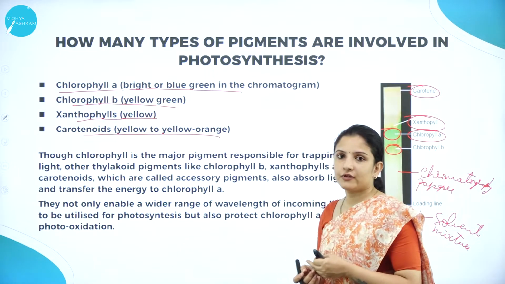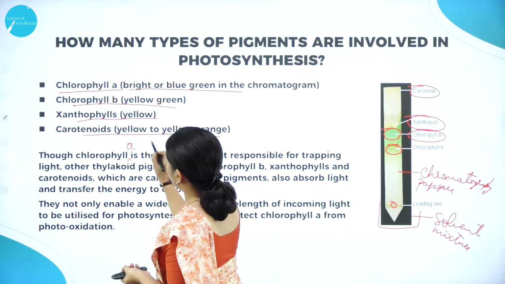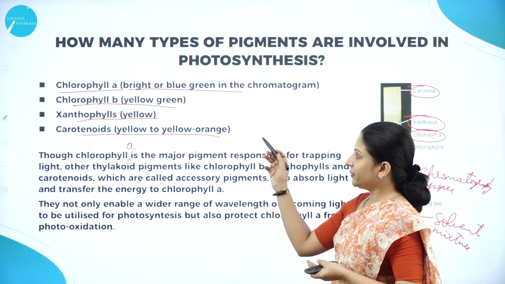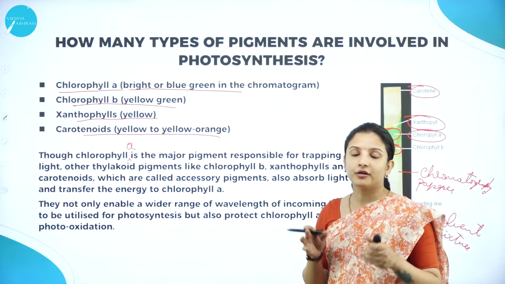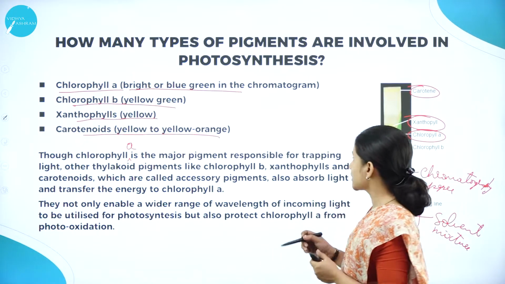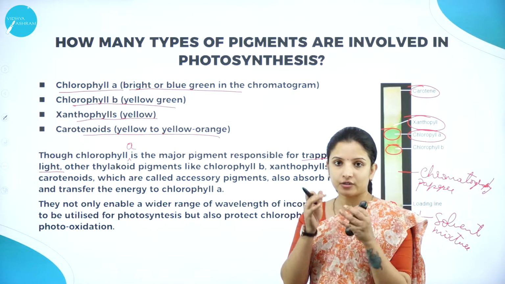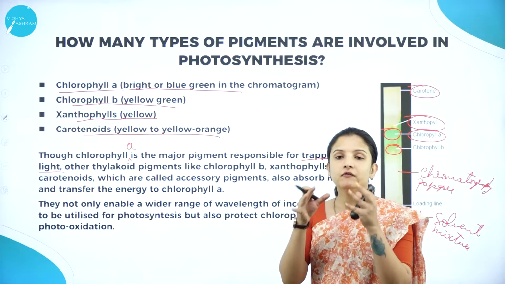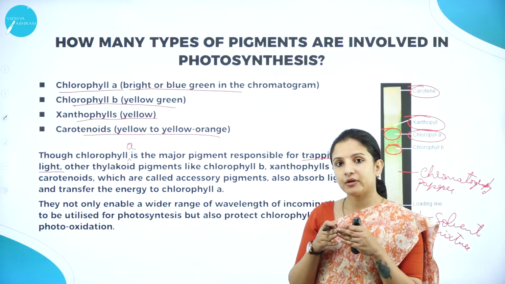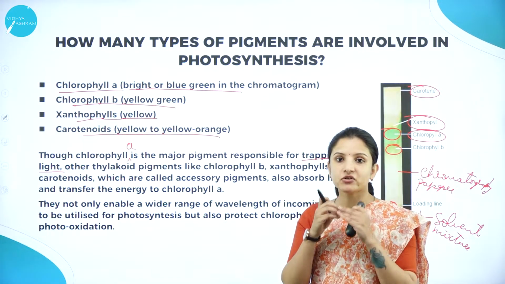So now, though chlorophyll is one of the major pigments, among all these, chlorophyll A is the major pigment. All the others, that is chlorophyll B, the xanthophylls and carotenoids, are called accessory pigments. Chlorophyll A is the major pigment and its main function is to trap the light. Whatever sunlight is falling on the plant or the green leaves will be trapped by the chloroplast. What helps in the trapping? The chlorophyll A pigment present in the chloroplast, which helps in trapping of the light.